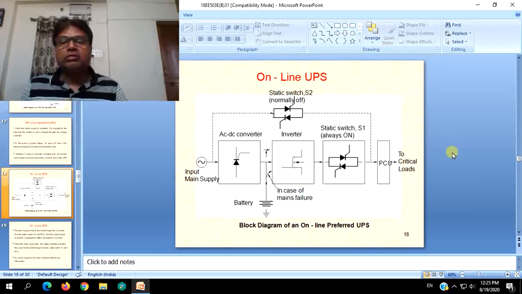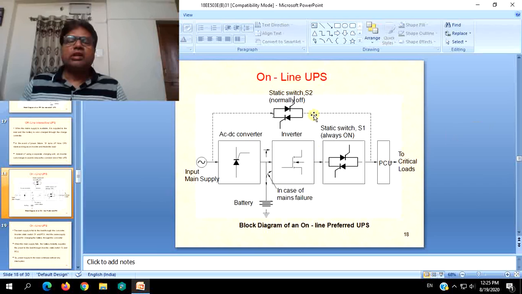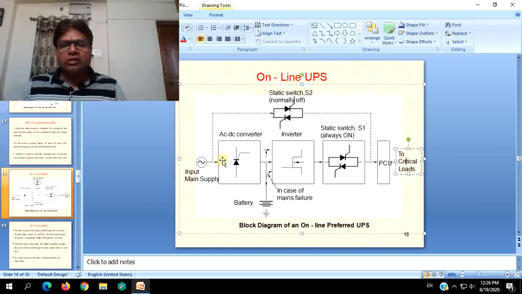They have their own drawbacks in terms of wave shaping and the proper output from the inverter unit, and also during the changeover times, even with that 5 millisecond of changeover time. For that purpose, the concept of online UPS follows that irrespective of whether input supply is on or off, the supply is fed to the load via the inverter unit or charge controller unit only.